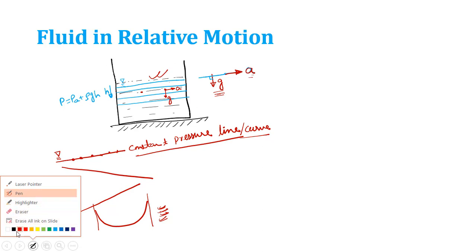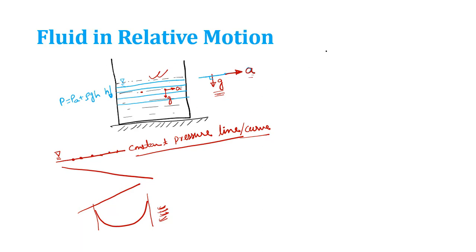So let us draw this diagram again. Now I'm having the same bucket. So now what is happening? Let's suppose I'm considering this fluid particle. It will experience an acceleration in this direction and this direction. Now what I'll do, I'll sit on this bucket itself, which is moving with acceleration a. So now I'll apply a pseudo force on this particle, right? It will experience an acceleration backward, that is pseudo acceleration, and an acceleration due to gravity downward, right?